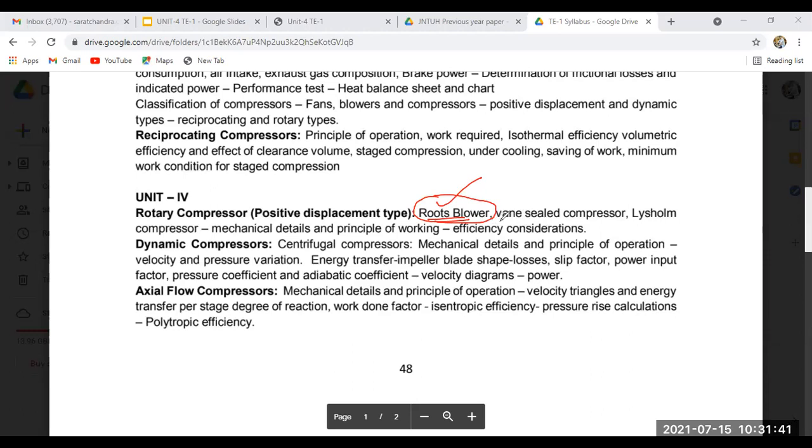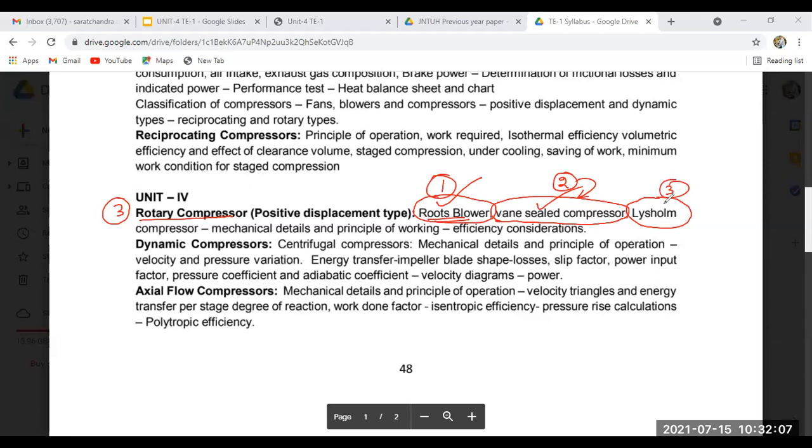That is the vane sealed compressor. Now we are going to discuss this vane sealed compressor. Yesterday I told you we have 3 types of rotary compressor. First one is the root blower compressor. Second one, that we are going to discuss now, is the vane sealed compressor, and third one is